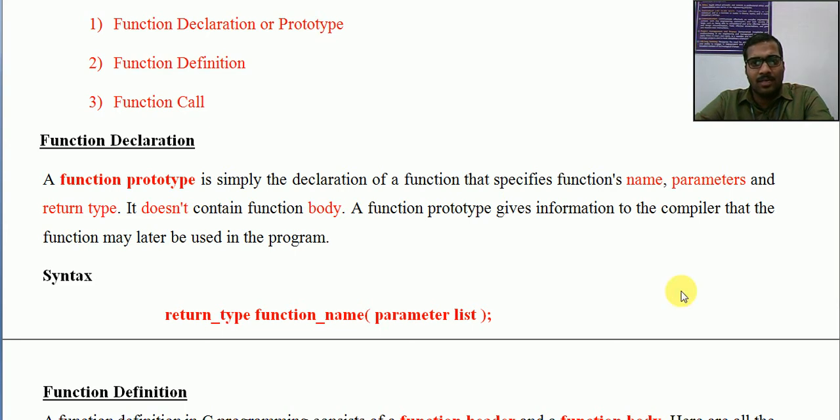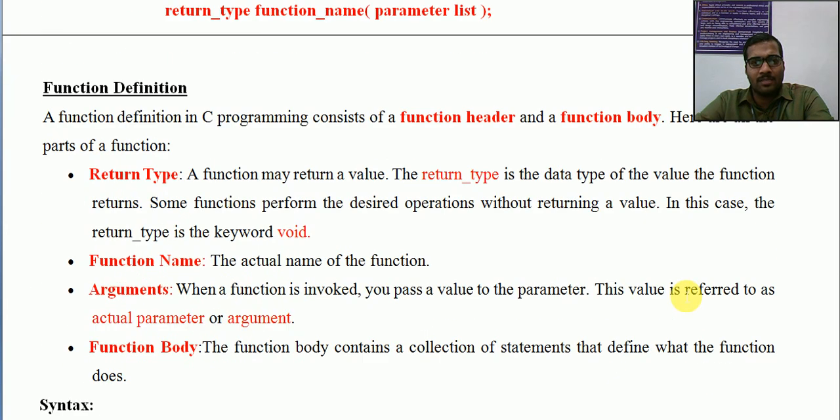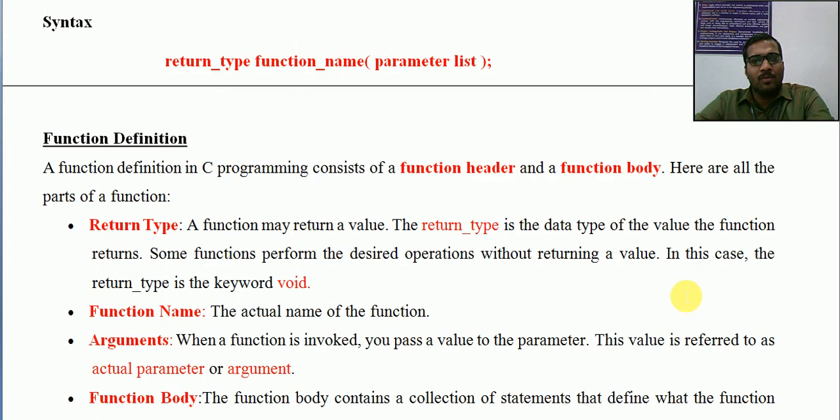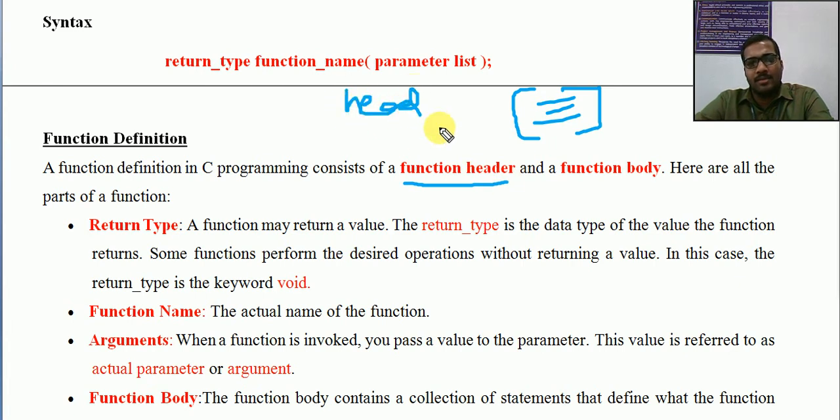Now let us move to the next portion, that is the major portion, the body of function. The entire body will have multiple statements. I have already mentioned, a function definition in a C program contains a function header, then a body. This is the format. There will be a header and a body.